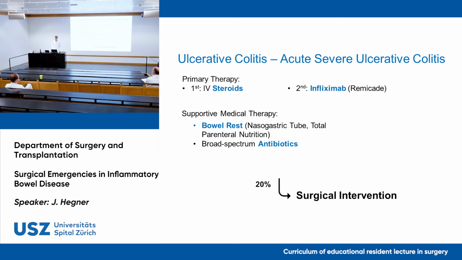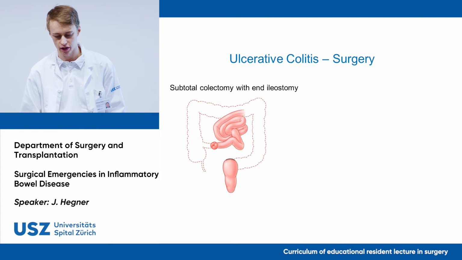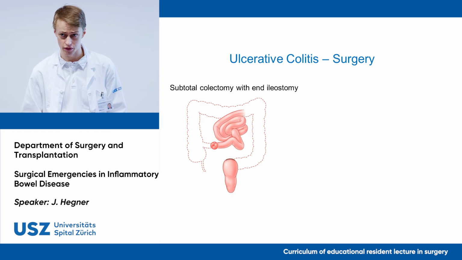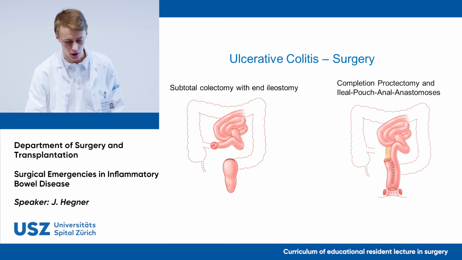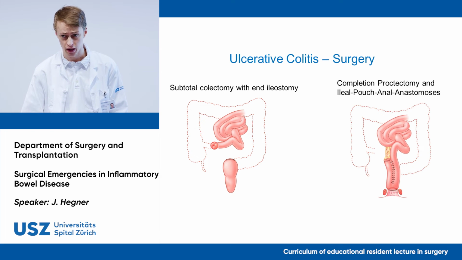Should a patient require surgery with ulcerative colitis, generally we'll go for a subtotal colectomy with an end ileostomy and a Hartmann closure of the distal bowel. It is a safe and effective approach. And it is used in ulcerative colitis as this disease is limited to the colon, and therefore, in theory, it should cure the patient of the disease. At a later stage, a completion proctectomy and an ileal pouch anal anastomosis can be done. And in this center, at this stage, we would place a protective stoma upstream, which in a third step, we would close and revise.